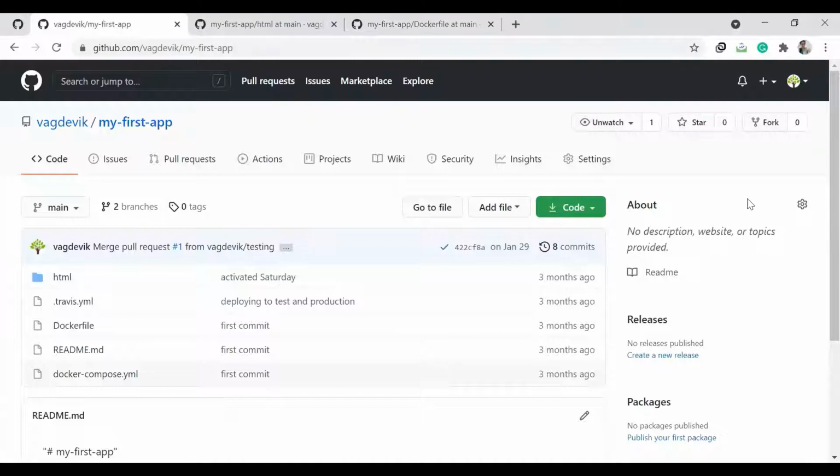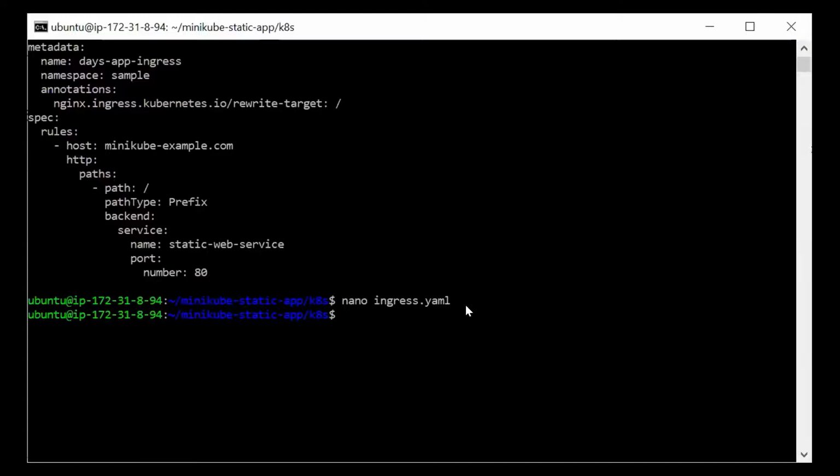Okay, so in the command line, we are inside this, right? For clarity, let us change the name of this repository.